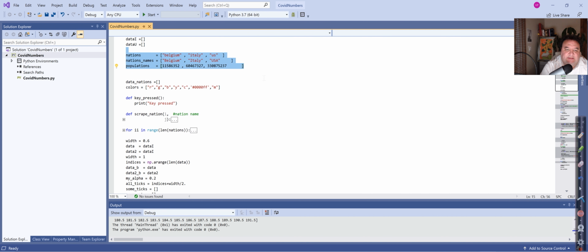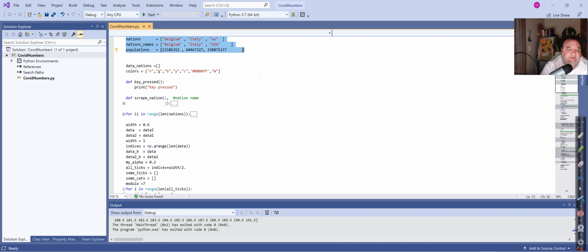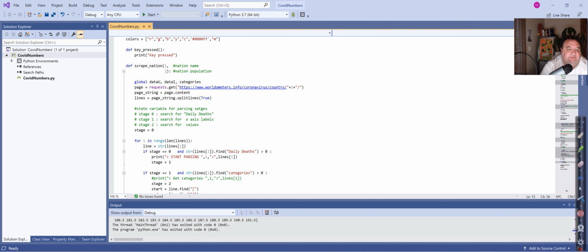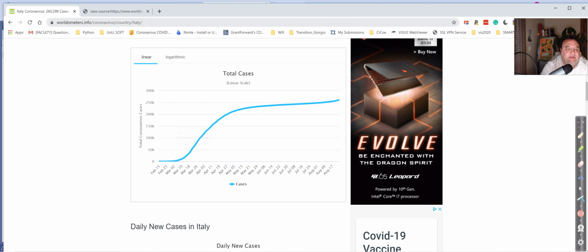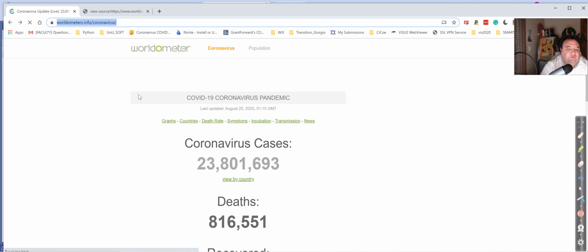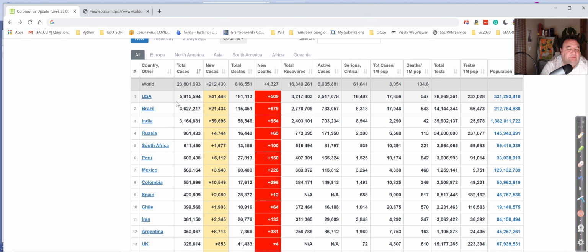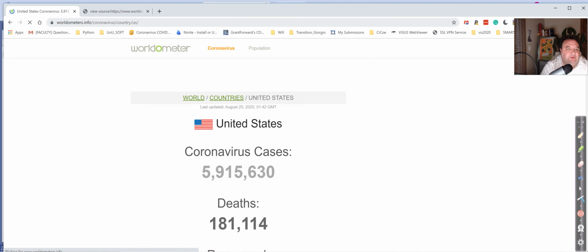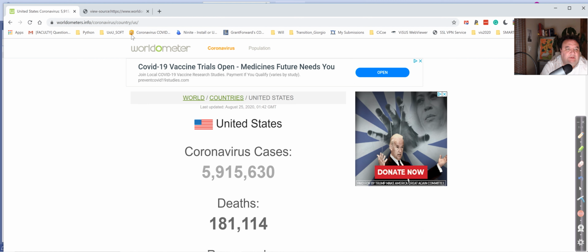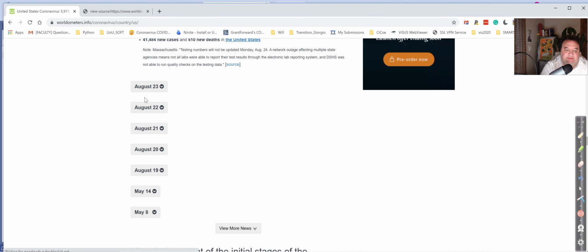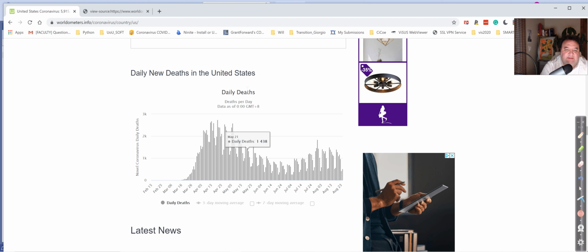But for now, that's kind of what I'm doing, just to make the plots not too busy. And then we define a simple function like this that goes to the URL of the country at Worldometer, and adds the name of the country. So you can see the URL here says worldometer coronavirus country Italy. But if I go to the US, for example, then the URL will be worldometer country US, and this one will have more detail, but still we get a similar daily deaths